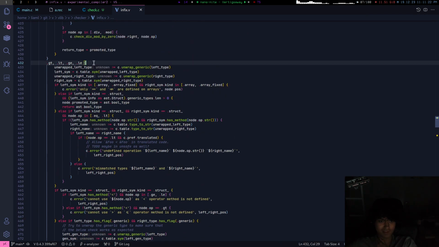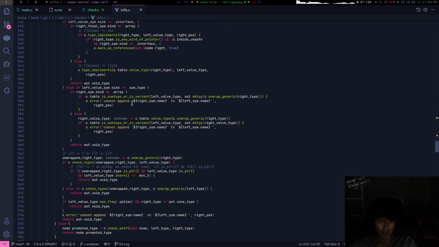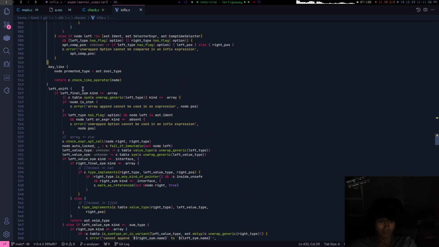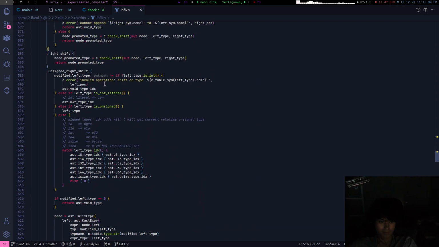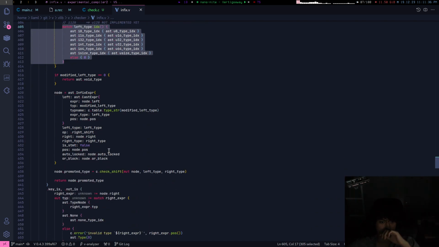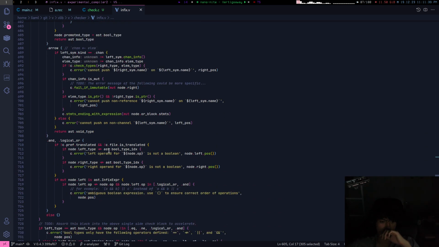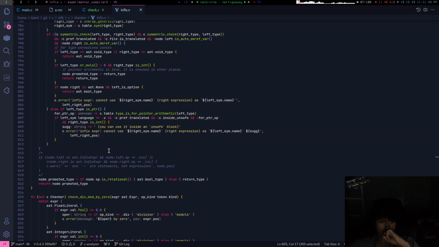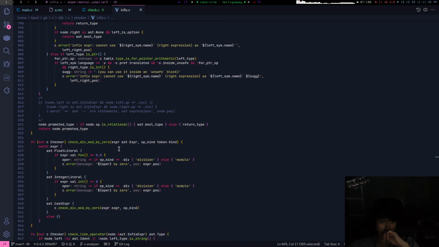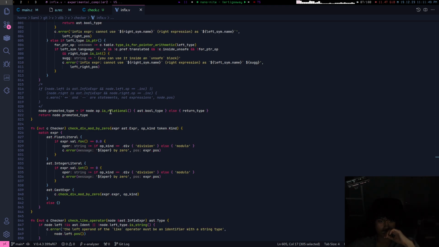The last time I touched the V compiler was a long time ago. I remember how much of a mess it is. Okay, it does this. They match for things like this. They're very concrete integer promotion rules. Is relational.